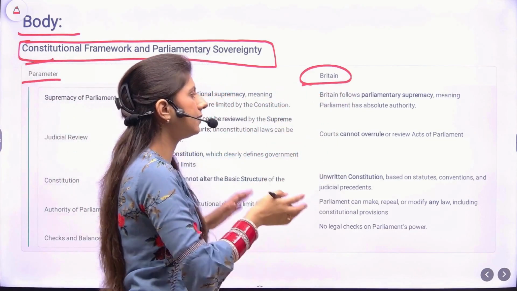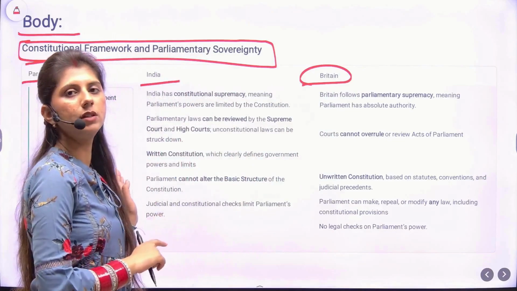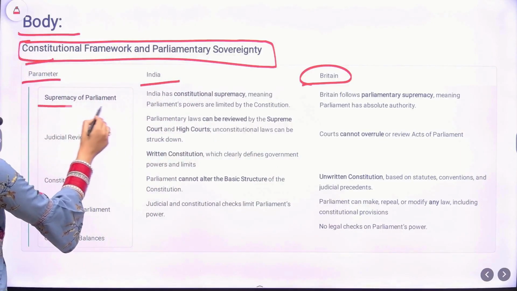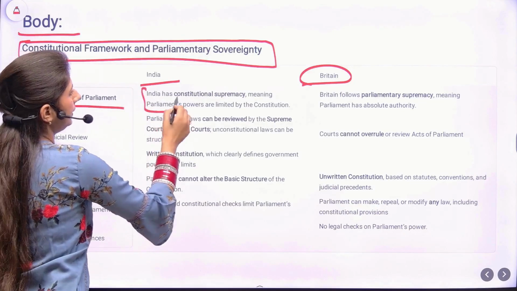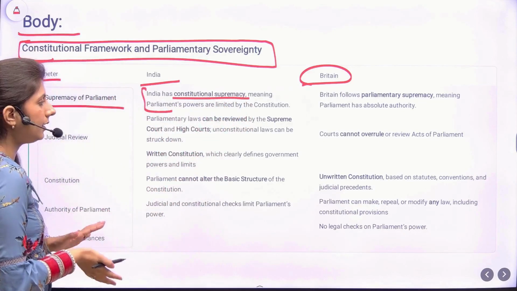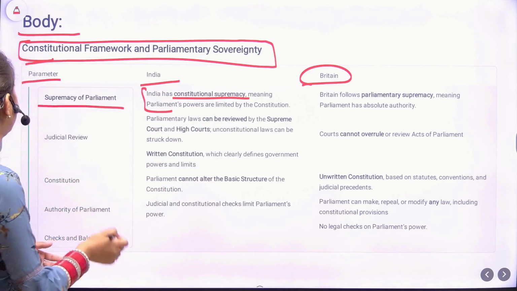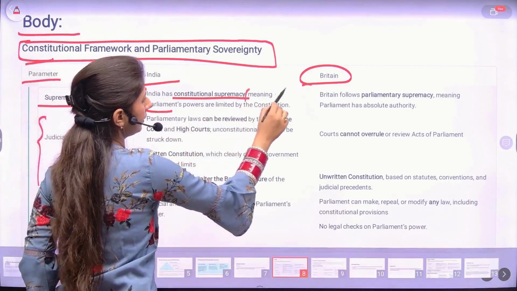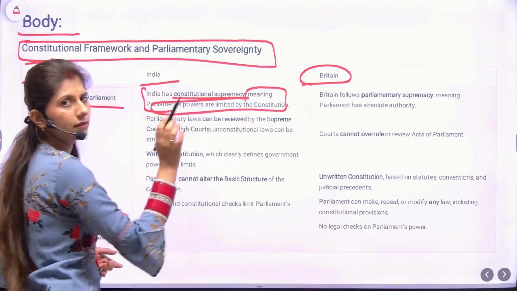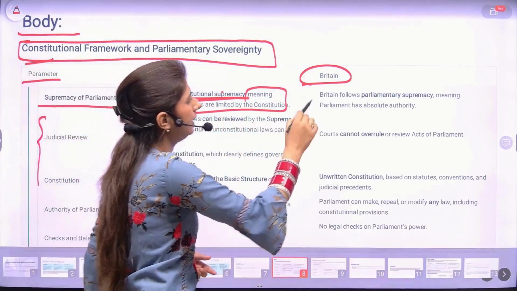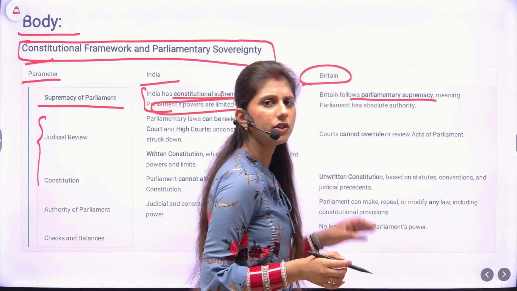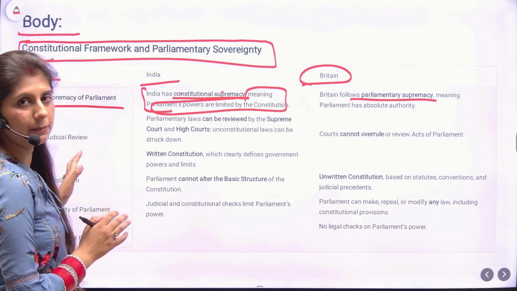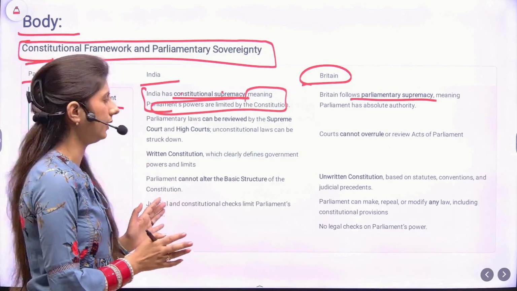Now how is this structure better than the bullet one? This also I'll be pointing out in the next slide. You'll write the parameter, supremacy of parliament. Briefly describe that India has constitutional supremacy. Here, since this is a model answer, I have chosen a bit lengthy description as well. For example, I have explained it for your understanding, but you can skip this. You can just keep it like India has constitutional supremacy while Britain follows parliamentary supremacy, or you can just describe it in brief. You need to follow the strict word limit. You can skip certain points, but I have given you a comprehensive model answer here.